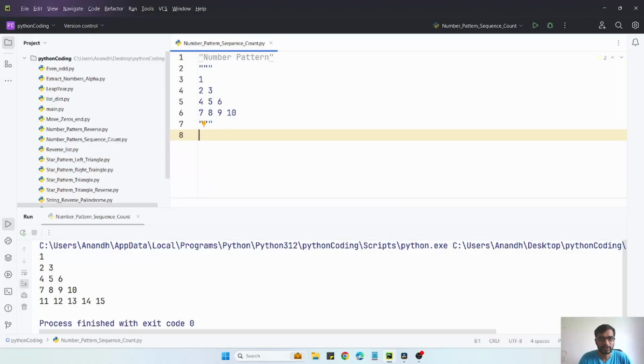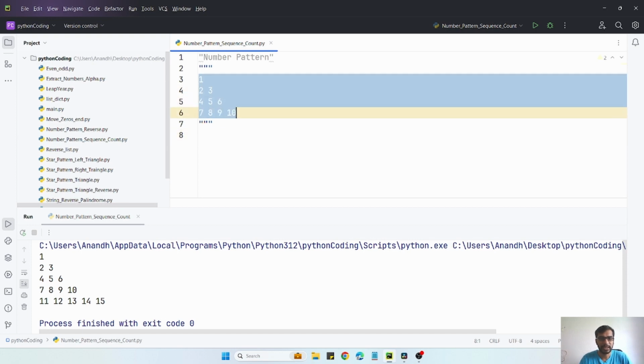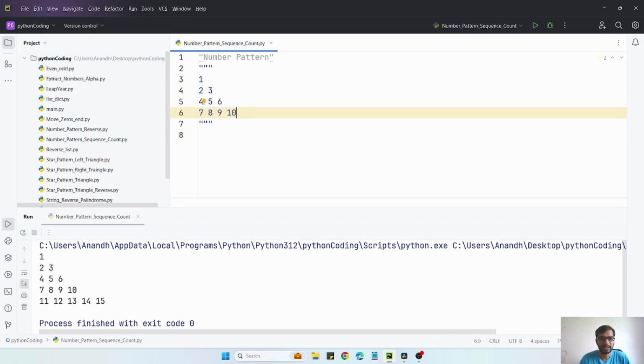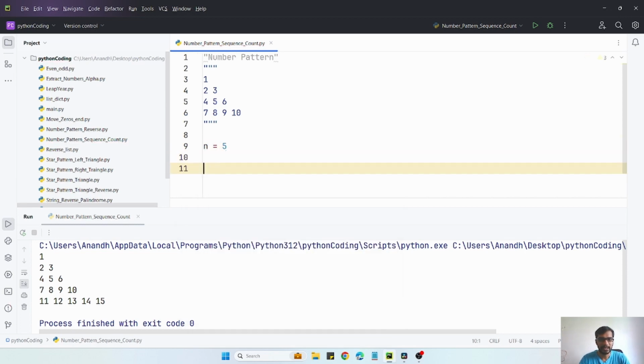Next program we're going to see needs this kind of output. You can see there will be counting from 1 to 10. So how can we achieve this? First, as usual, I'm going to declare a variable n equal to 5, and then I'm going to use